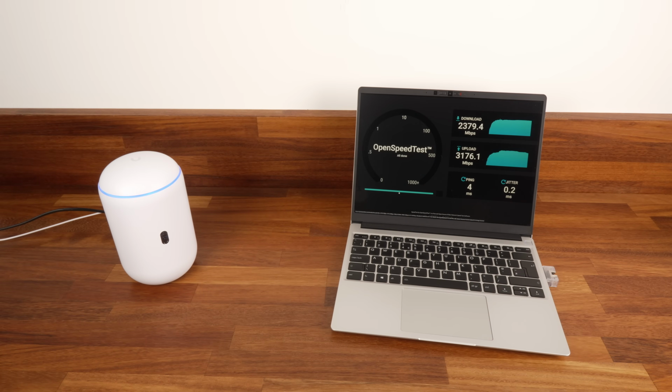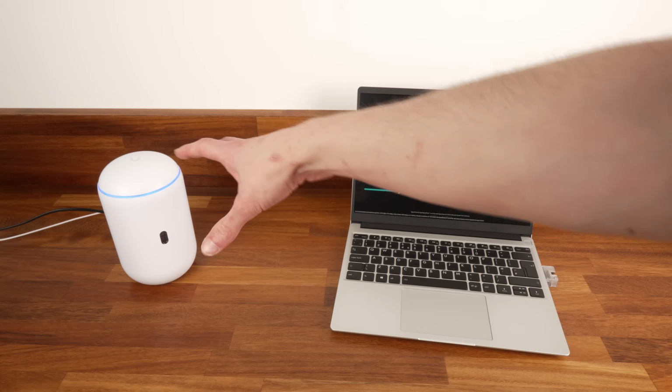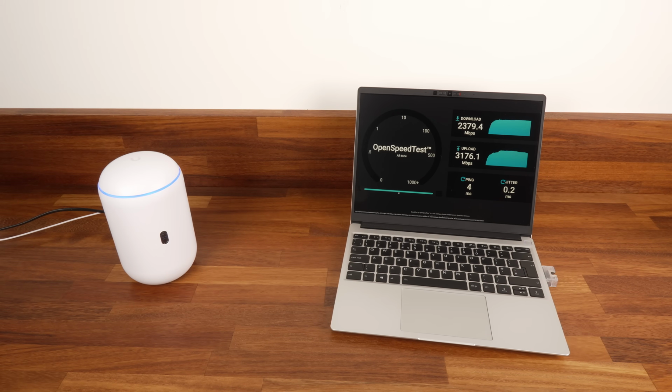So off the back of that, I've done a few other performance tests, moving the laptop around between different rooms, kind of having the laptop in the same room, but the opposite corner of the room. So it's kind of simulating maybe having this in the corner of your living room, then you sitting on a laptop on the couch. I got about 1800 down and 2.6 gig up, so 1.8 gig down, 2.6 gig up,